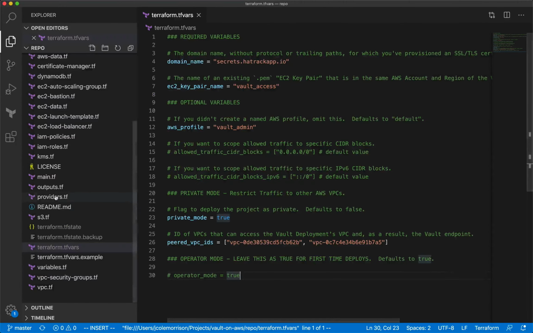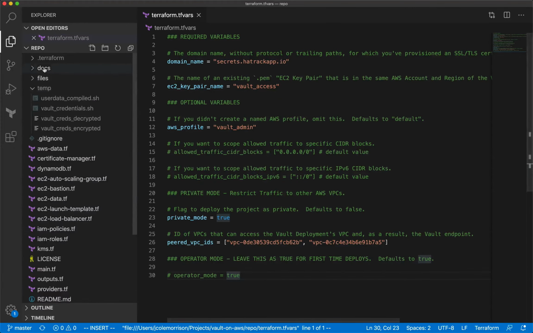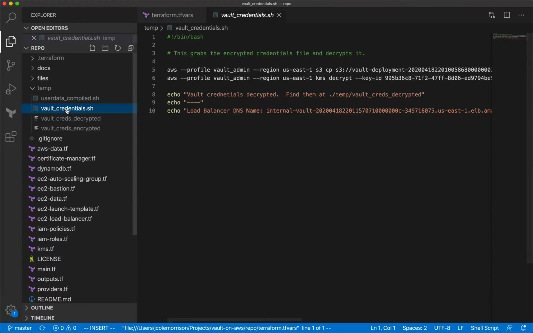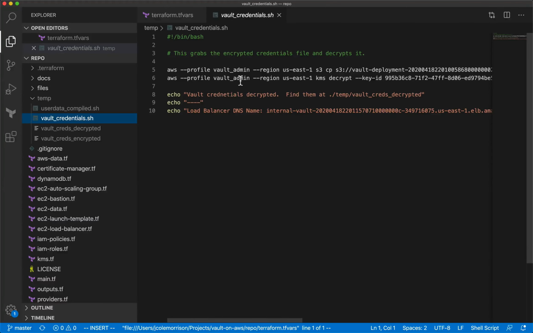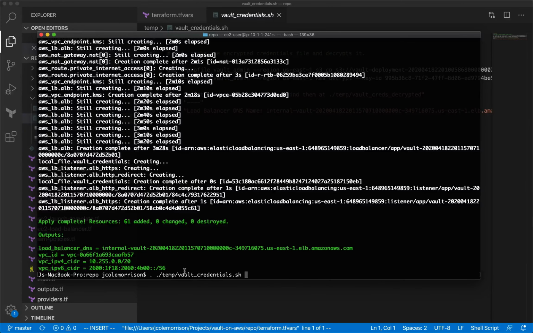sh. So again, just to show you where that is in here, when you're done running a deploy, the script that you need to run will always be dropped right here in temp vault credentials. And again, if we open it up, it's just creating some commands here for us, just for ease of use. You could technically run these individually yourself, but this is just to make it a little bit easier. So I'm going to run this, as our current shell. Let's go ahead and run this